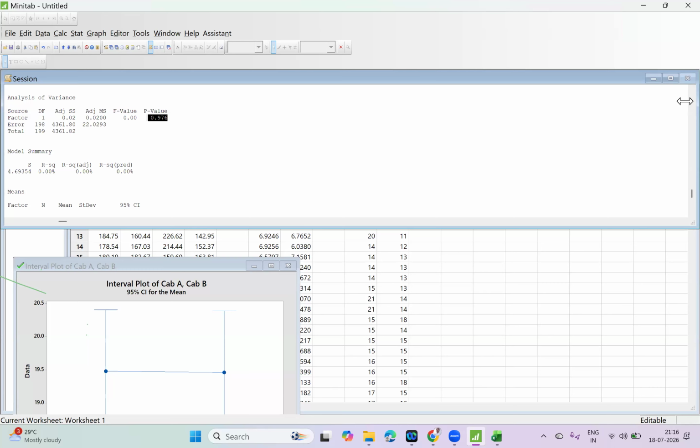With the camera, there is an average. Without camera, there is an average. And there will also be confidence limits. You have to compare whether the confidence intervals are the same. If they are overlapping, then there is no difference. If there is no overlapping, straight away there is a difference.